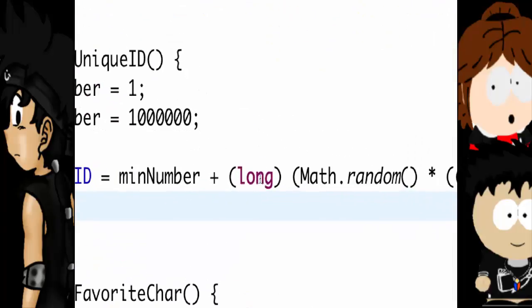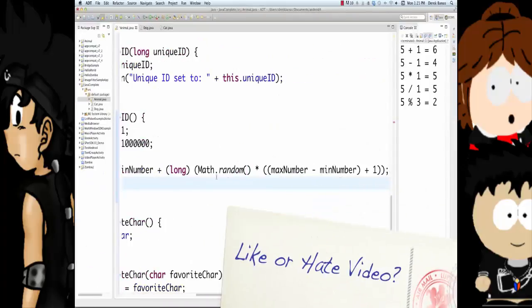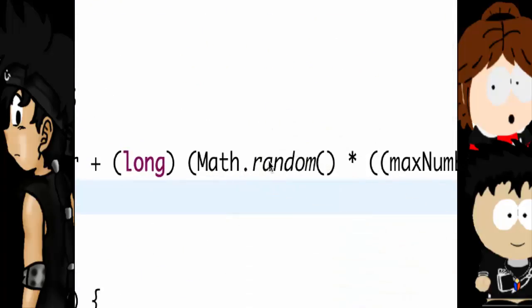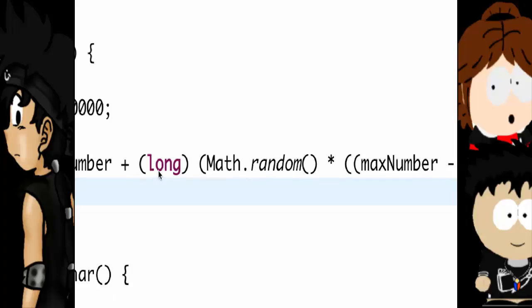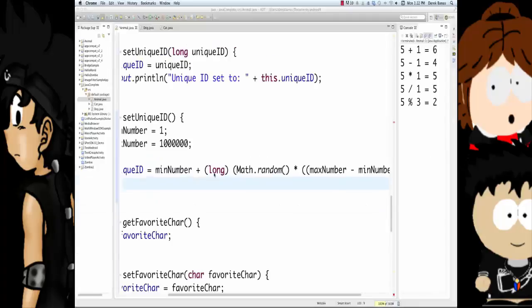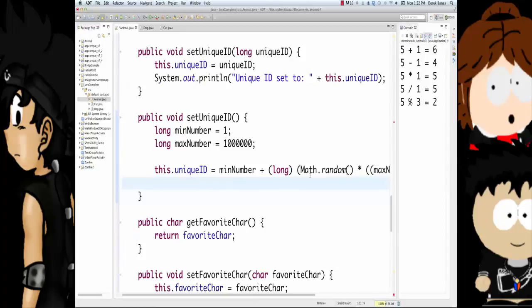Now you can see this guy right here, long. Well, the reason why we have a long there is we're casting. Whenever we do all this stuff over here, Math.random generates or returns a double. Remember? Gives you a number between 0 and 1, a bunch of fractions. So if I want that to be converted into a long, I need to tell it I want it to be a long. And that is what we call casting. You want to cast to a byte, you just do exactly the same thing. You want to cast to an int, you do exactly the same thing. If you want to cast to a long, you just saw that. Okay, so you get the point there as well. And these data types are what are called primitives.